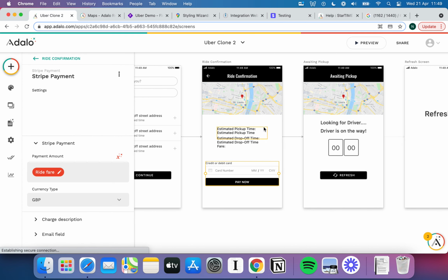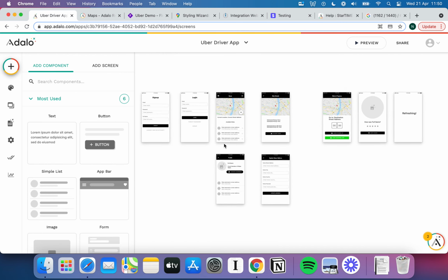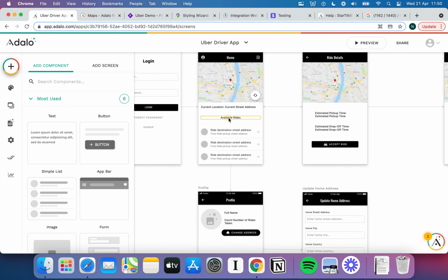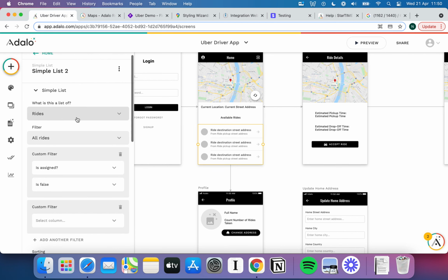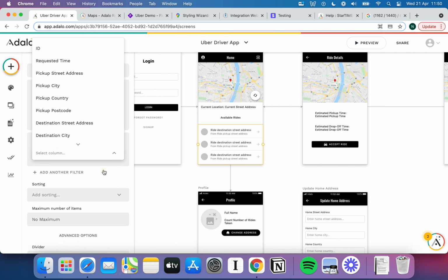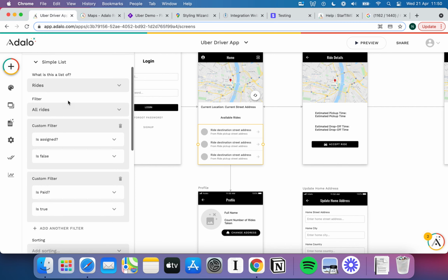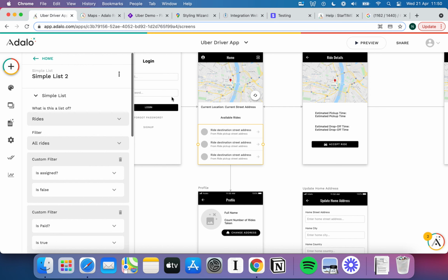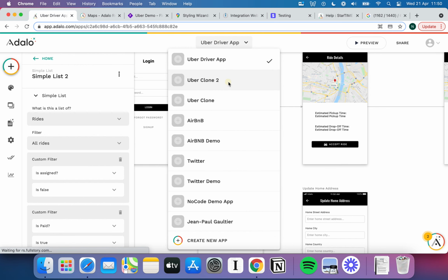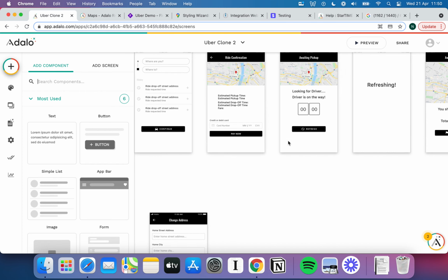So it's going to show up in a little list they've got called available rides. Let me just show you. This is a driver app I created earlier, and we're going to build our own, but you can see available rides, and if I look at that, it's a list of rides filtered by is assigned as false. And of course you can also filter that by is paid to be false as well. So you can say is paid as true, not false. There we go. So that's going to show you a list of all rides where they're not assigned but they're also paid for. So that's what we're going to do on the driver's side, but forget that for now, we'll come back to that later. And if I zoom right back down to where I was,